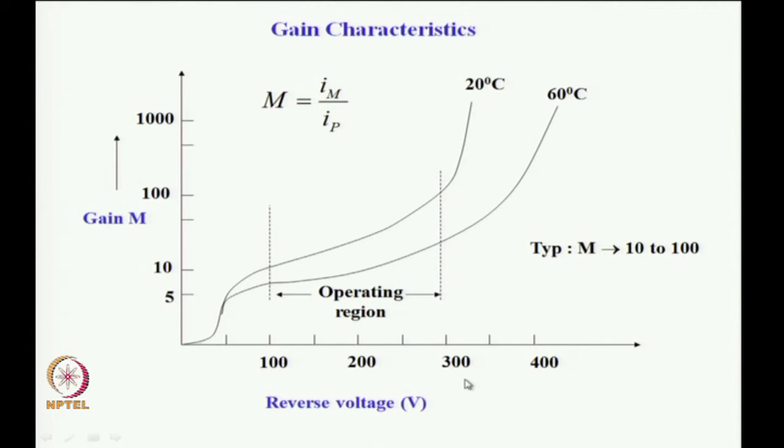100, 200, 300 volts are applied as the reverse bias, and what is plotted is the gain. The current gain M is defined here, I m divided by I p. This is the current after the multiplication process, and this is the primary photocurrent due to the incident photon. So, at 20 degrees Celsius, for example, the current gain increases initially as